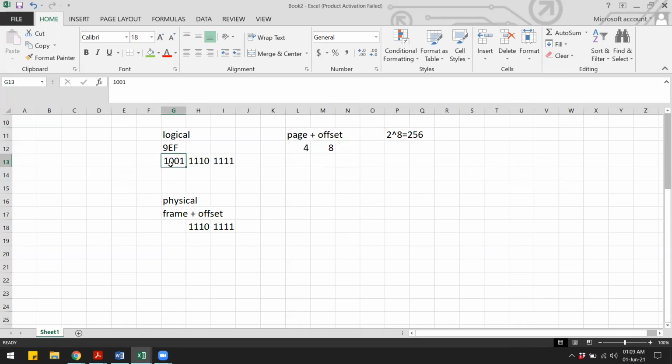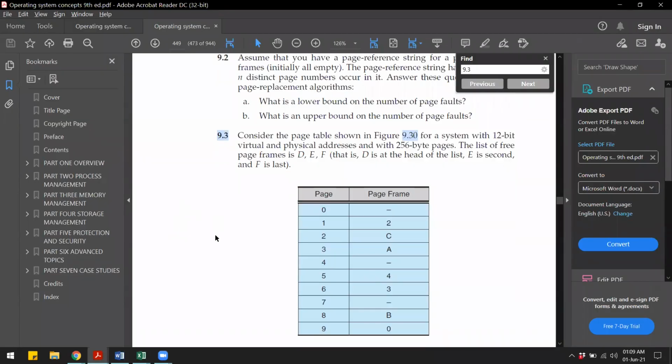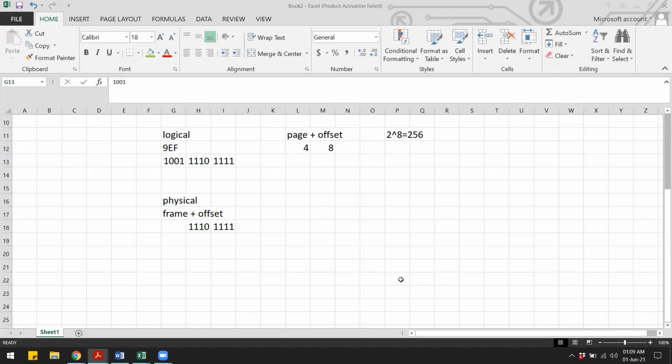So 1001 is 9. And if you convert 9 into the frame number from the page table, then for page number 9, the frame number is 0. So that will be frame 0, right? And 0 in binary is 0.